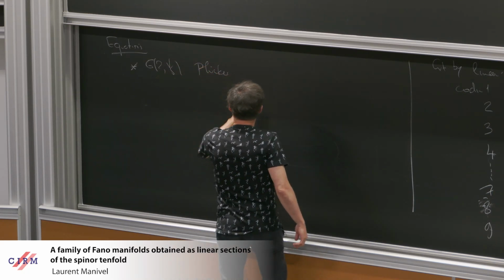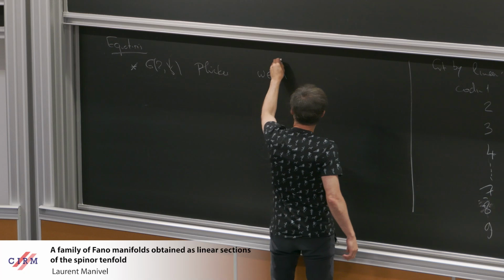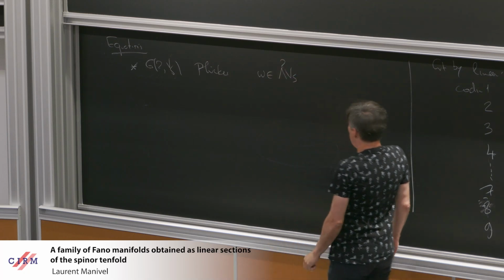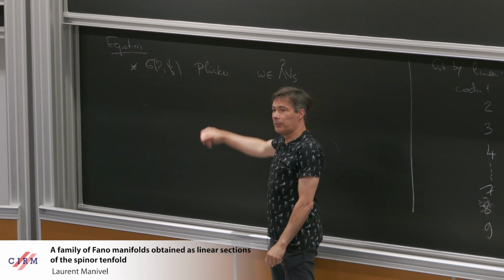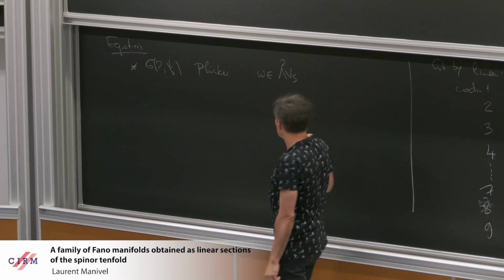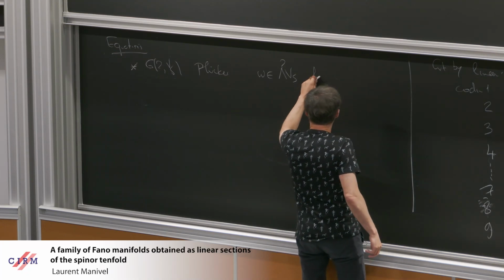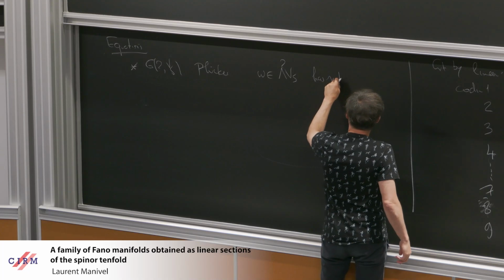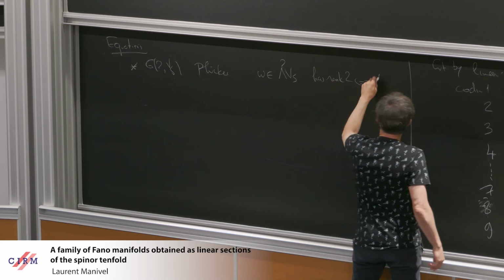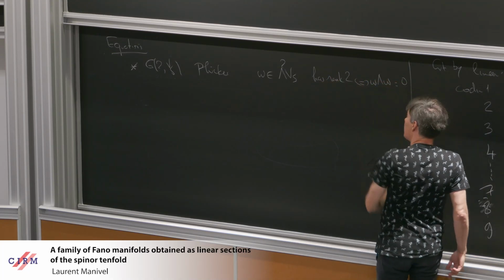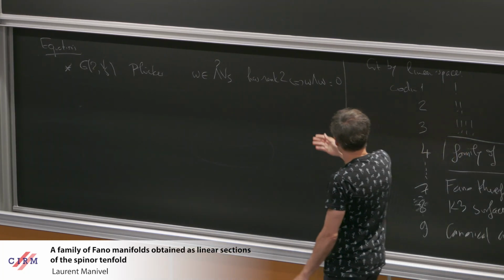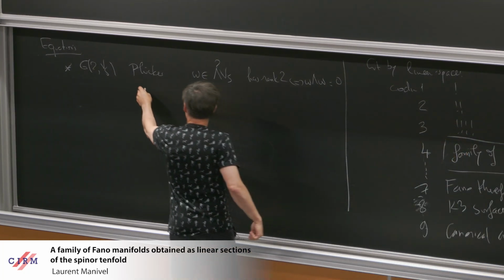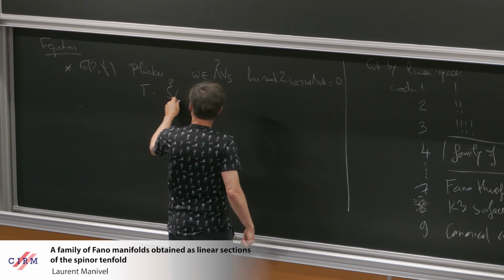So if you have an element in wedge 2 V5, how do you decide if it comes from the Grassmannian, if it has rank 2? It has rank 2 if and only if you just compute the wedge product of omega with itself and you ask this to be 0. Okay, so this formula defines a map from, let's say, S2 wedge 2 V5